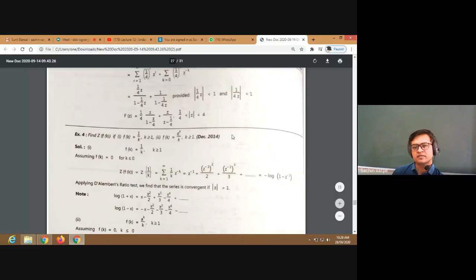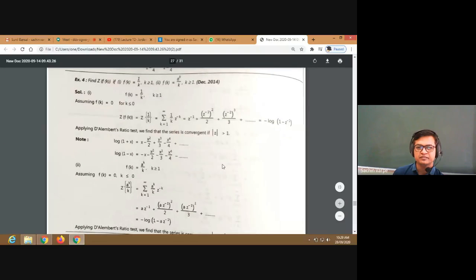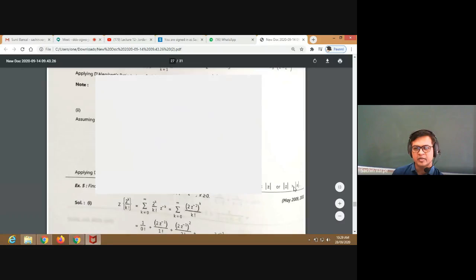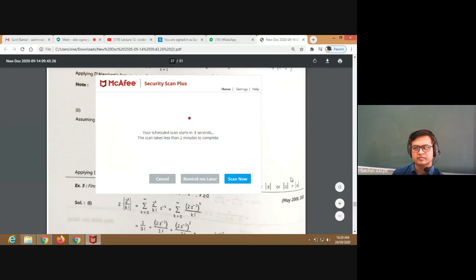Is it okay with this? So here they have generalized this 1 upon k to a raised to k by k, isn't it? So the transform of this a raised to k by k will again be a log series in mod z greater than mod of the common ratio. Here the z will be a z raised to minus 1. So by writing the condition on z, I'm getting mod z greater than mod a.